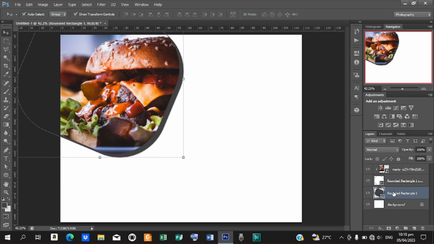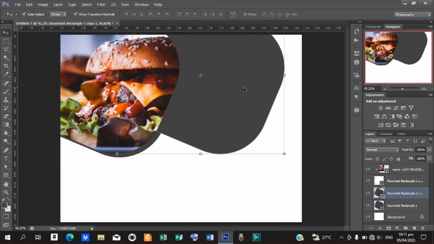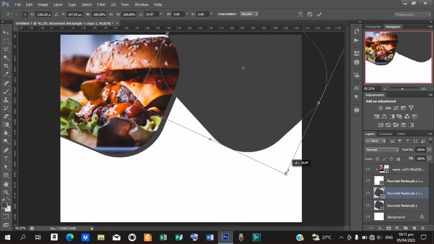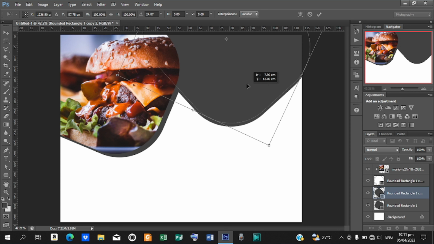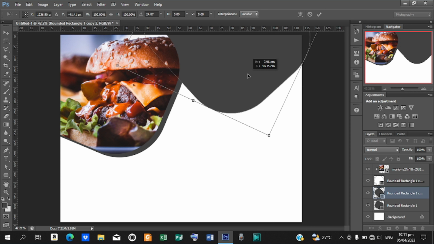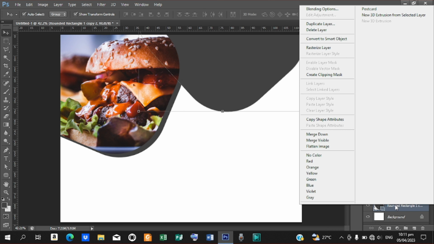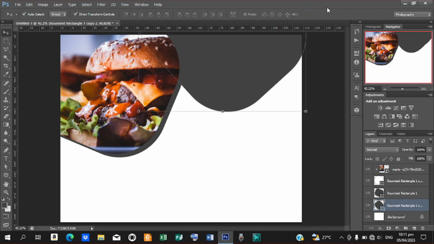Now the next thing I'll do is I will duplicate the shape again, Ctrl J to duplicate, then bring it to this end like this and rotate this like this and bring it to this end of your work page. Bring this down, let this one go on top. Okay, now right click on the shape and go to blending options